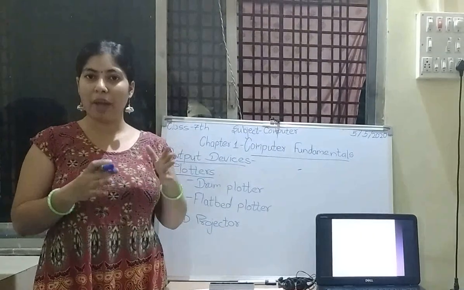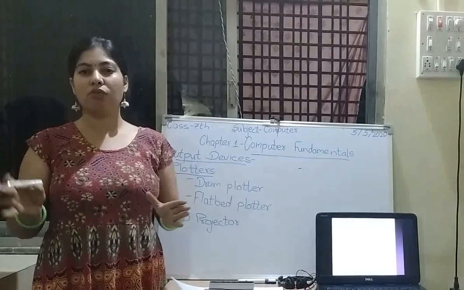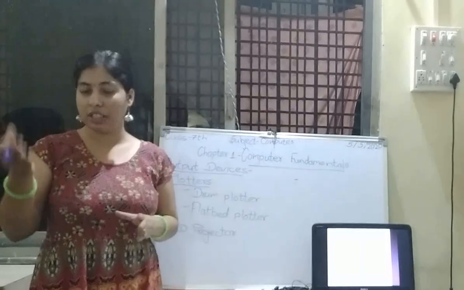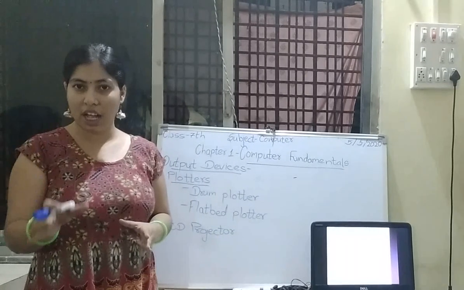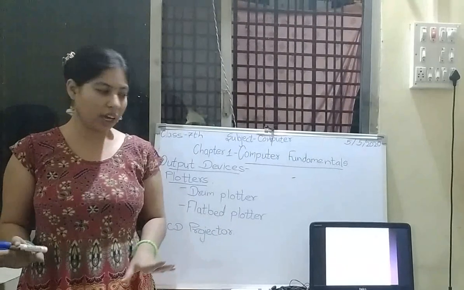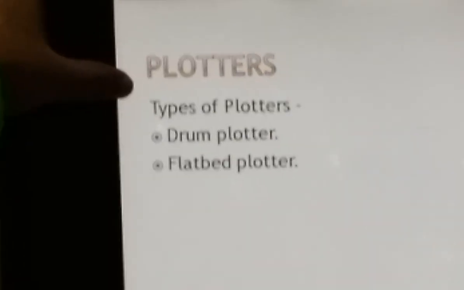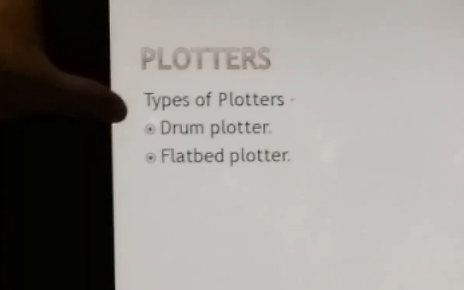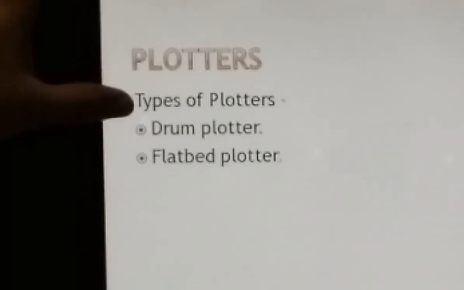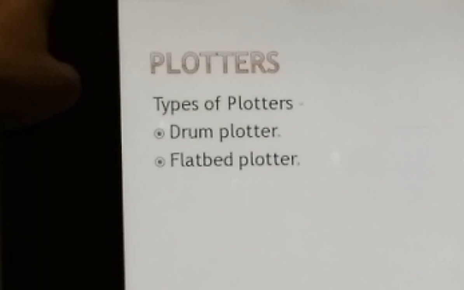Printer just prints the basic prints on our normal paper. Plotters are used for printing different kinds of sheets, different kinds of drawings. Printers are used for printing text. Plotters are not used for printing text. Okay. So here in the slide you can see the plotters are of two types. First one is a drum plotter and second one is a flatbed plotter. Whatever I told you about plotter, I hope that you have understood it. Now we will see the types of plotter.